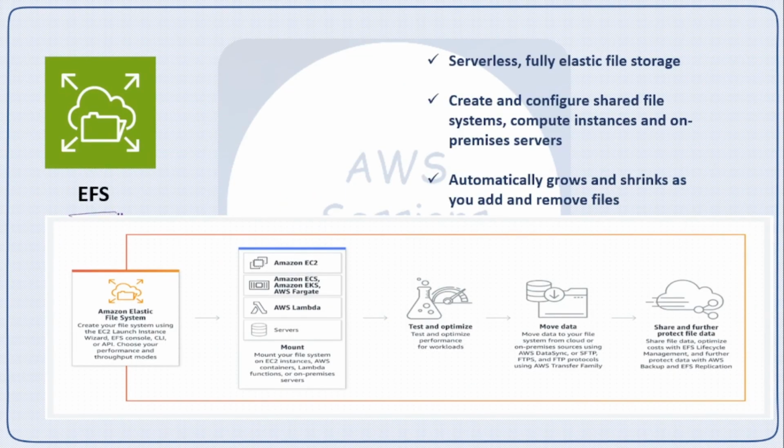So the next service is EFS. As you can see, we have attached EBS volumes to EC2 instances. But now we have another service called EFS. In order to not confuse, this is the Elastic File System. And first of all, this is a fully serverless elastic service. Here you are creating file systems that can be shared among compute instances and on-premises servers. So the difference from EBS is that EBS you need to attach to EC2, but this EFS can be